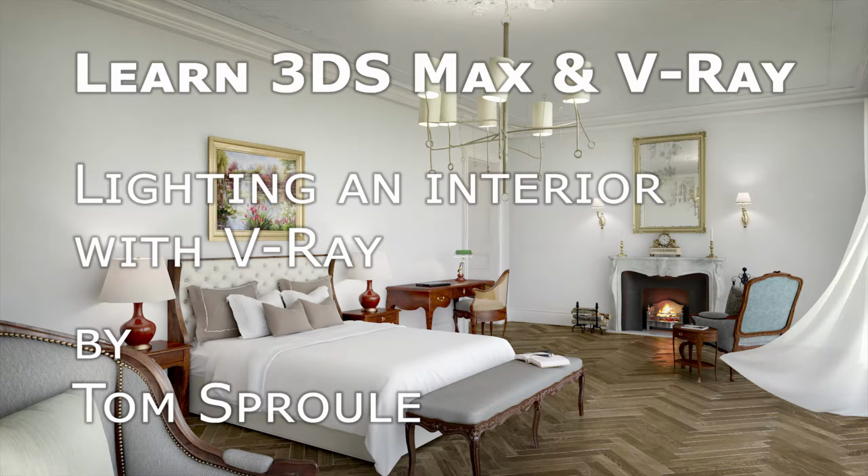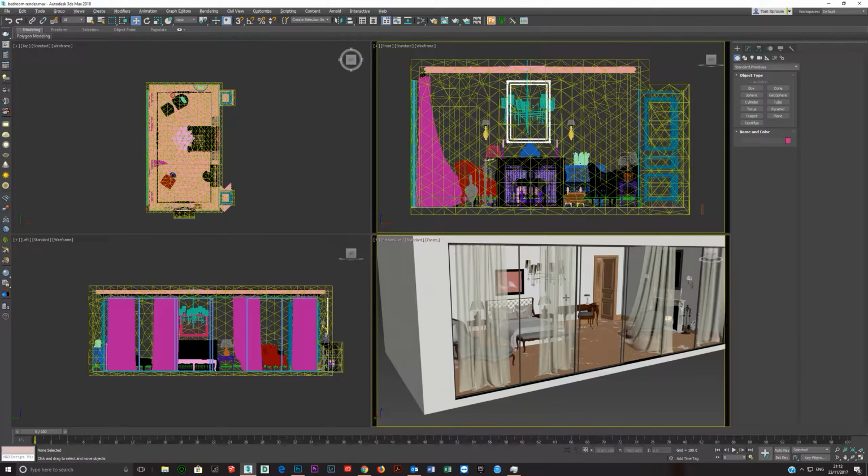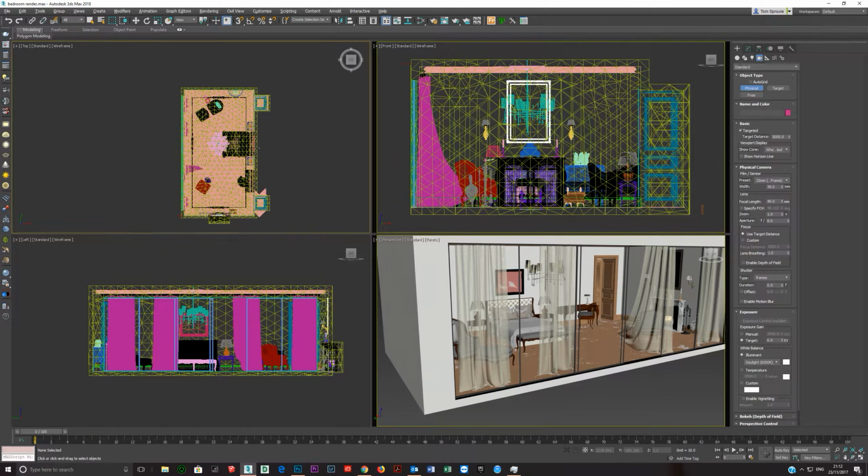So I have this scene. I've used this in a couple of tutorials now. I've deleted out all of the lights, I've deleted out the cameras, and we're going to set up a camera and we're going to set up some lighting and see if this is of some help for you guys. So I click here on camera and just click on physical, and I'm going to just drag with the left